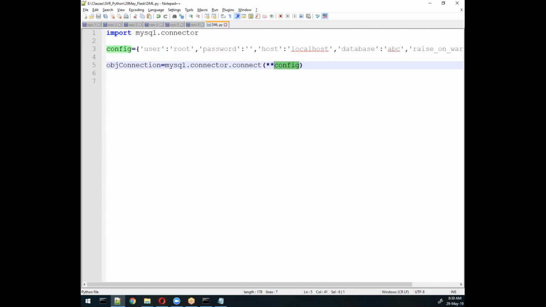Why are we giving these things? Because connection requires parameters. So this will connect with your database, whatever you specified here. If you want to access remote, you need to write the public IP address or private IP address, so it will directly connect with that server.